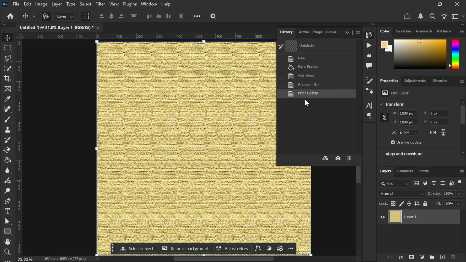So there you have it. A quick and easy way to make a fabric background in Photoshop using a base color, noise, blur, and the Texturizer filter with a canvas effect. This is one of the easiest ways to create a realistic fabric style background without needing to search for stock